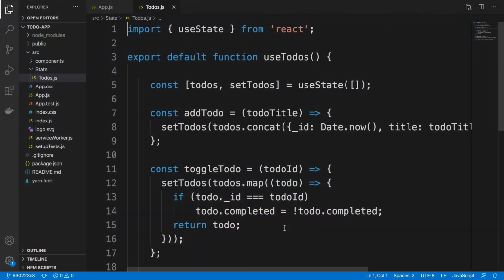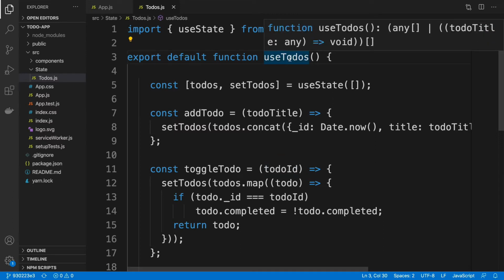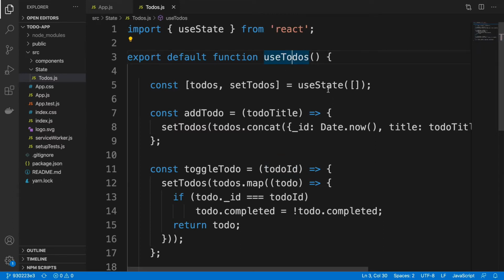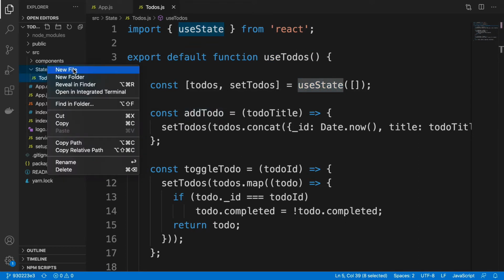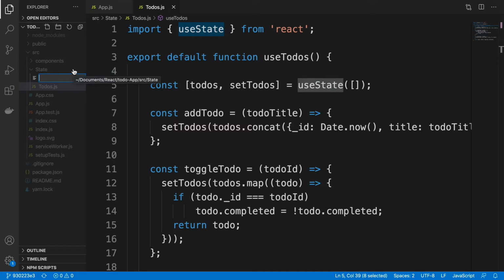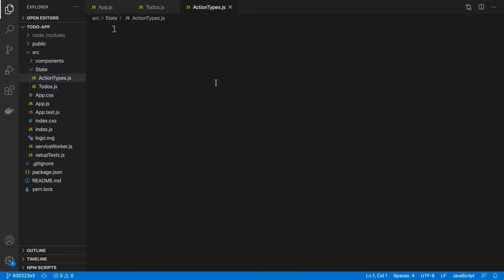Going back to our to-do application, let me go ahead and update the useToDo custom hook to make use of the useReducer instead of the useState. To do that, let's go ahead and add a new file to the state folder called actiontypes.js. As I said, those familiar with Redux will notice that this is similar to the way we typically structure Redux state management. So we'll export